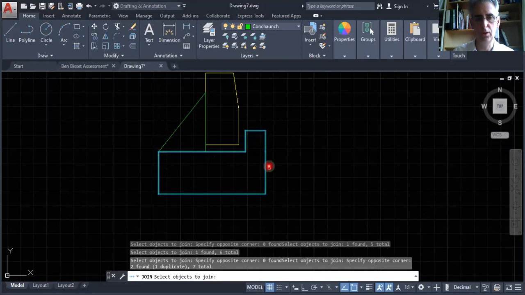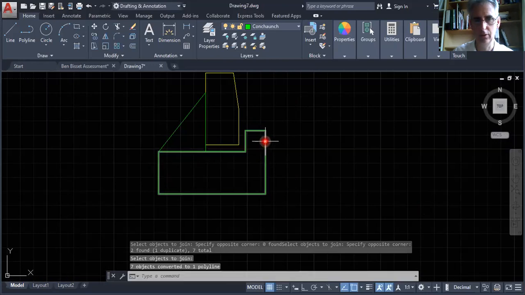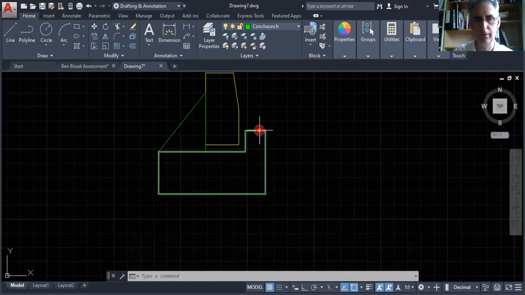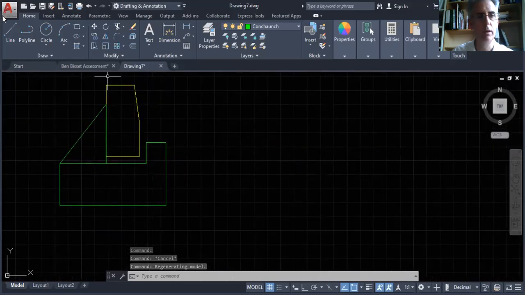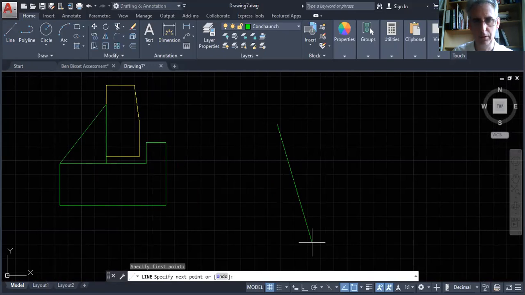So when you select an object or a series of objects, they should actually highlight up. And then once you've done that, press enter to complete the selection. So now if you click on this, they're all joined together. Okay, I'll just do it again to the side, so that you can see. If I draw a series of lines,